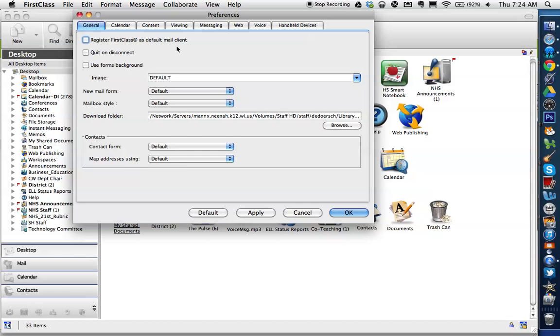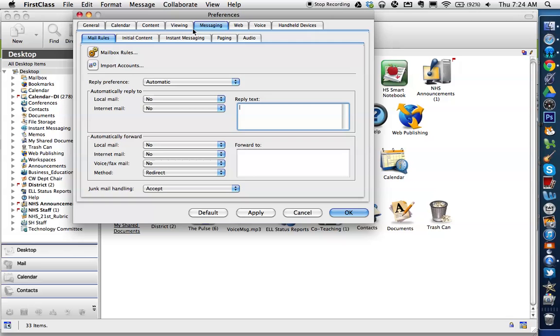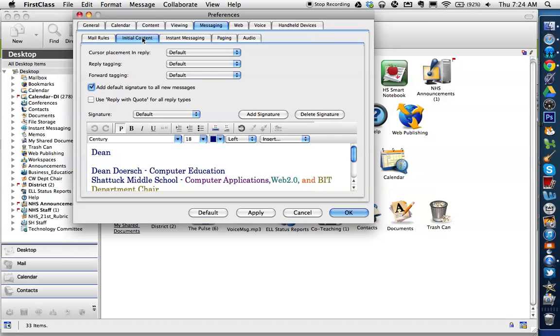In doing that, we're going to go to messaging and then initial content. I know there's a content here, so don't confuse that. Go over to messaging and then initial content. You will see that I have something there already. I decided after years of using email and always signing my name at the end, which is something you should do,